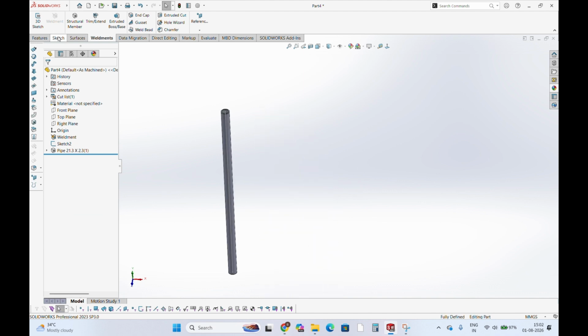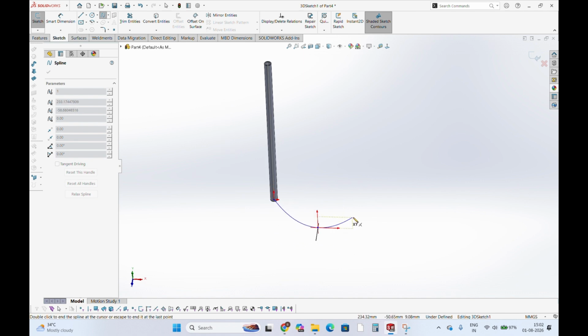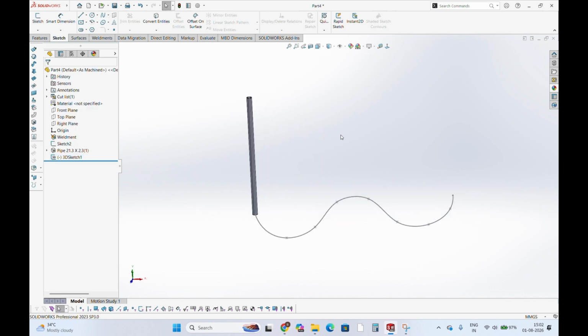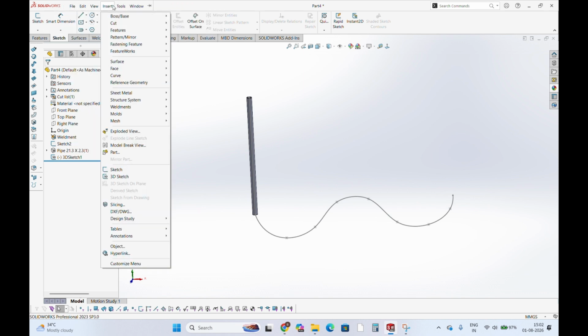Now we'll take a 3D sketch for the bending curve. Okay, after this we will click insert,